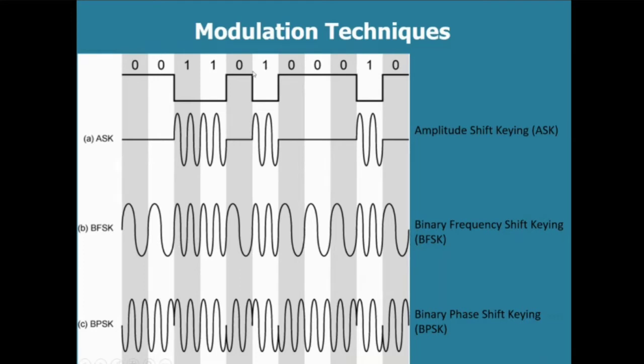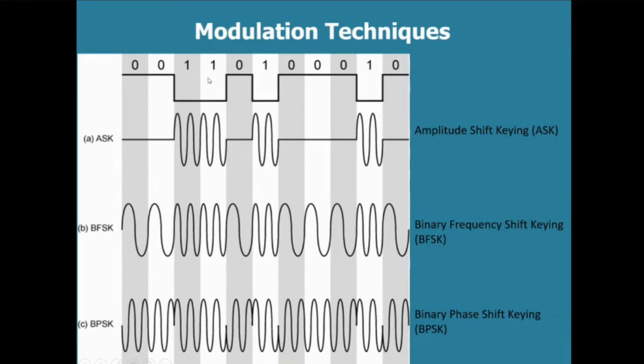So for an ASK signal, that is a basic digital modulation technique, amplitude shift keying. For a digit binary 1, it will allow the carrier signal. So here there is a 0. The amplitude of your carrier signal will be 0. And for the binary digit 1, it will allow the carrier signal. So the carrier will be present.